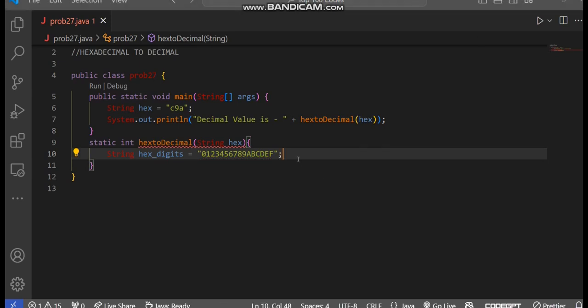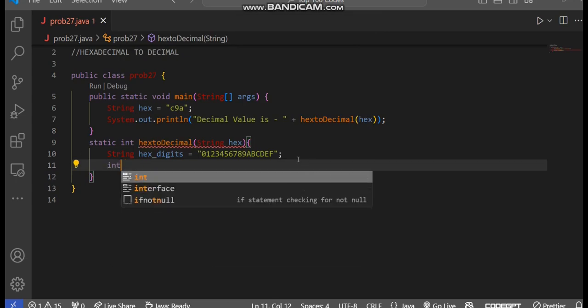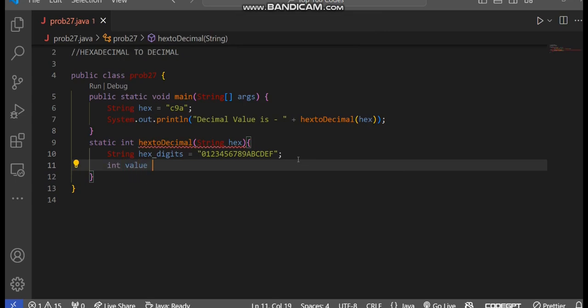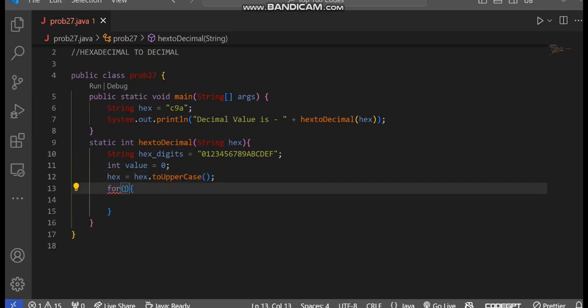Okay, now I am taking another variable, int value, which will store the computed decimal value of the hexadecimal number which we have converted. So int value is equal to 0, the initial value will be 0. Now the first thing we have to do in our program is use a for loop